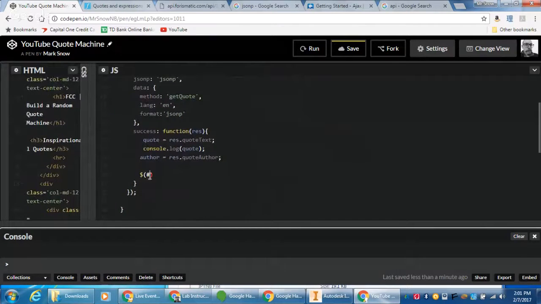So I'm going to go right here at this quote p tag. And this belongs in parentheses here. So right there at that p tag, I want to add in text. And that text, I just want to add in the quote. And that's going to allow me to add in the quote from that text. Okay. So there we go. And if I save this, I should be able to run